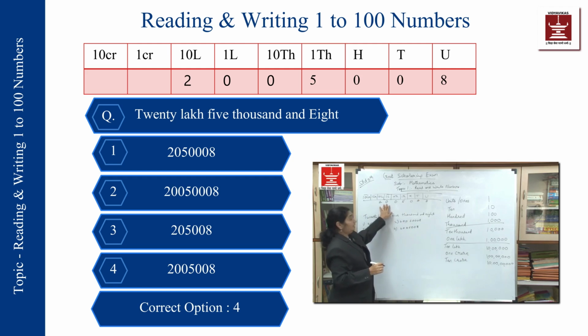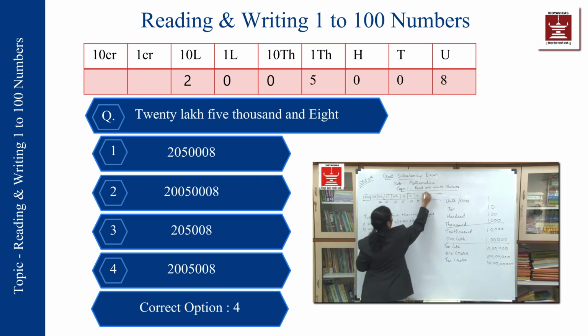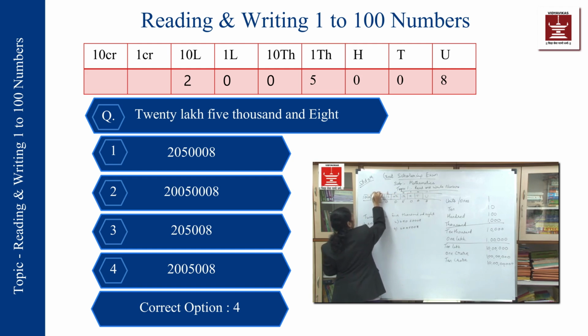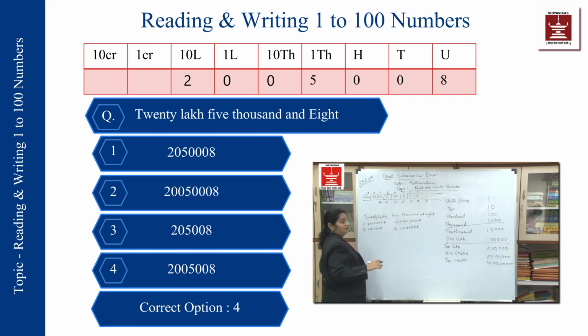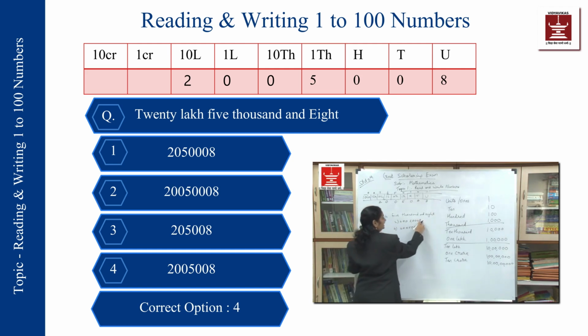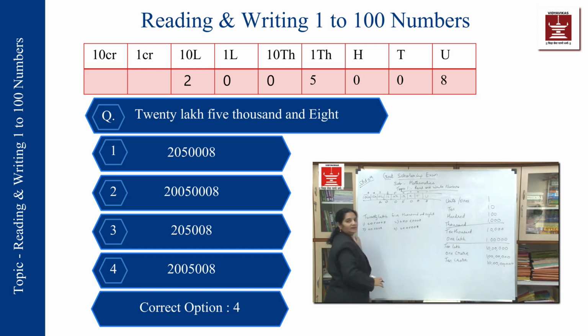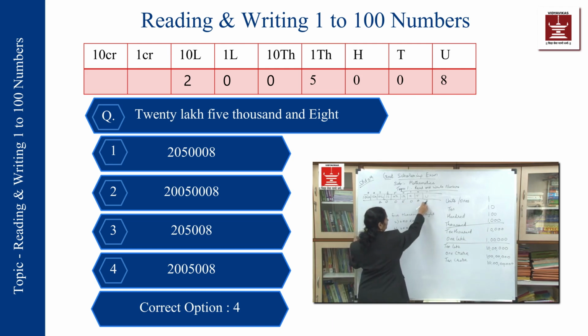Where do I have this number? Now first of all, how many digit it is? We'll write down digits here so that it becomes easy for us. Okay, 1 digit, 2 digit, 3 digit, 4 digit, 5, 6, 7, 8 and 9. So when I say 20 lakh, it is a 7-digit number. So out of this, how many do I discard? Okay, first of all, when I say 5,000, I need to have only 3 digits after it. This was my first criteria. Instead of counting all the numbers, okay, 8 in units place. First criteria was 8 in units place. All options have 8 in units place. Okay, then second criteria, 5,000 means after 5 I need to have 3 digits.